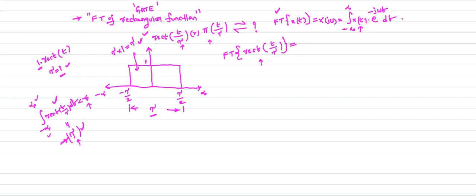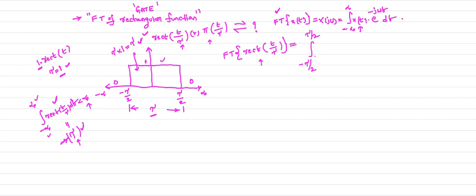Now in the formula the ranges are given from minus infinity to plus infinity. No need to consider the ranges from minus infinity to plus infinity, because the function is only defined from minus tau by 2 to tau by 2. In other places the function value is 0. Therefore I can directly write the limits of the integration as minus tau by 2 to tau by 2. I won't consider minus infinity to minus tau by 2 because its value is 0, and after tau by 2 to infinity, its value is also 0. No need to consider those limits. Only consider the limits from minus tau by 2 to tau by 2, because your rectangular function is defined only in this range.